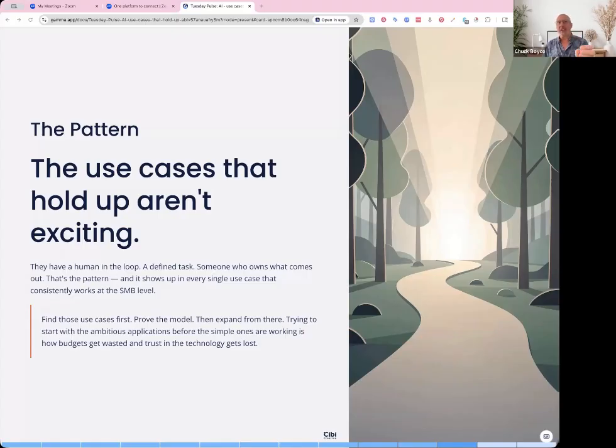So you start with simple use cases first. You pilot it. You prove it. Then you move on. Do you know the input? Do you know what the expected output is? Does that meet that? Great. We have one use case, one pilot. It works. Build on that. After that, the exciting ones then become easier to implement because you understand the risk and you have a track record and you have something to measure against.